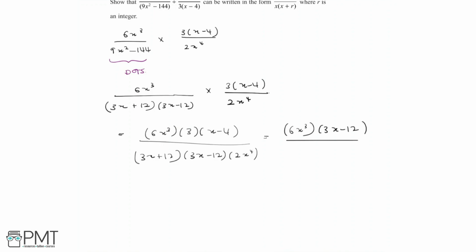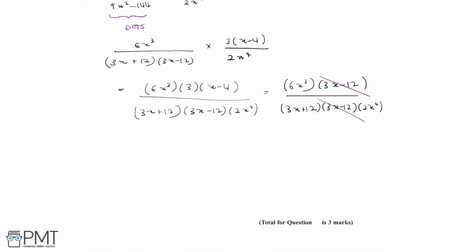And then we have the same denominator as before. And so immediately we can see that the 3x minus 12 on the numerator and the denominator can cancel out, which will leave us with 6x cubed on the numerator,